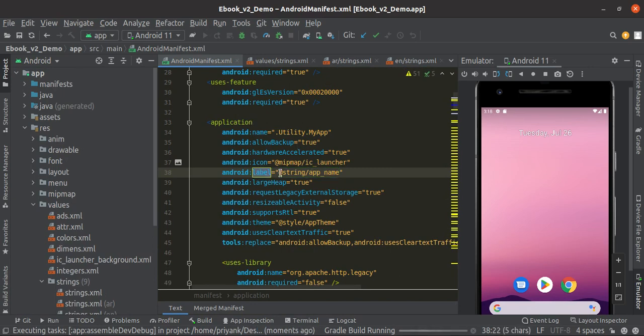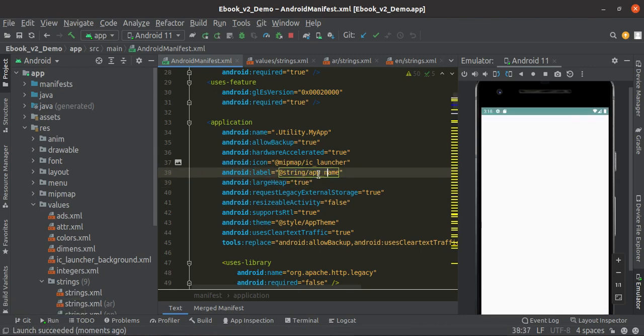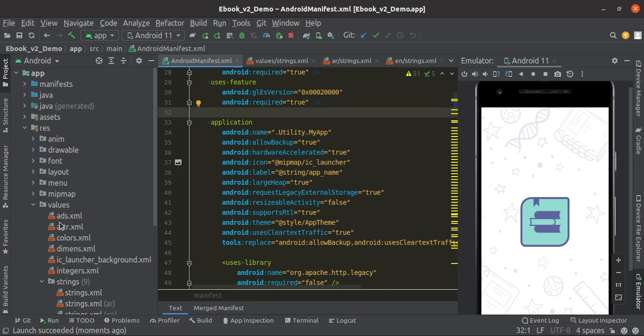Just this label, you can set it over here like this: your app name. We had set it in different string files, so we can easily use it or change it for different languages.